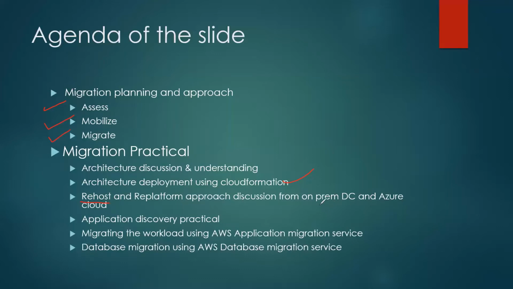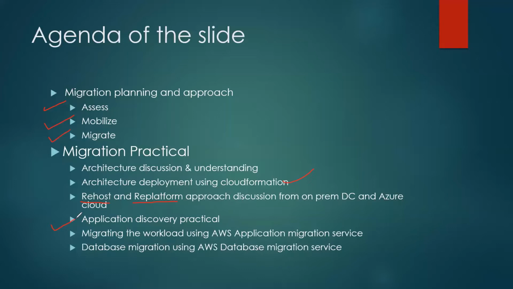from on-premises and from Microsoft Azure to AWS. And in that, we will also see about another migration approach, which is called replatform. So these are two different migration approaches we will discuss in this video. And then we will use AWS Application Discovery